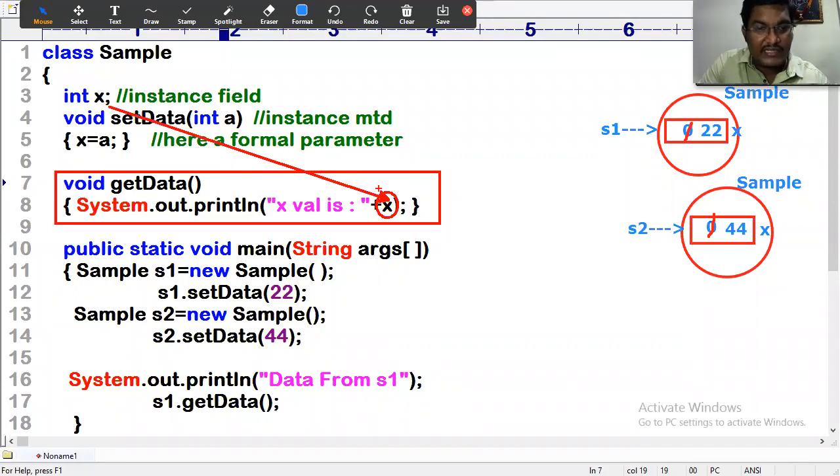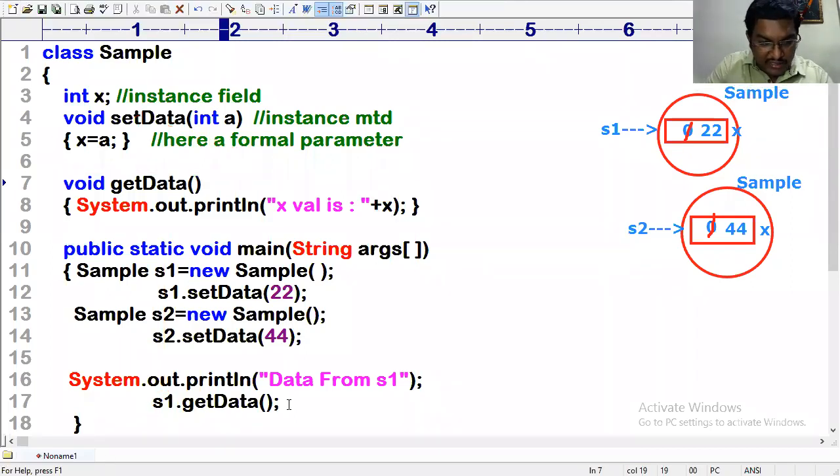For instance fields, memory is always allocated within the object which is calling that method. That method is called by S1. This means the X member referred by S1, which is 22. You will be getting 22, the data from S1.